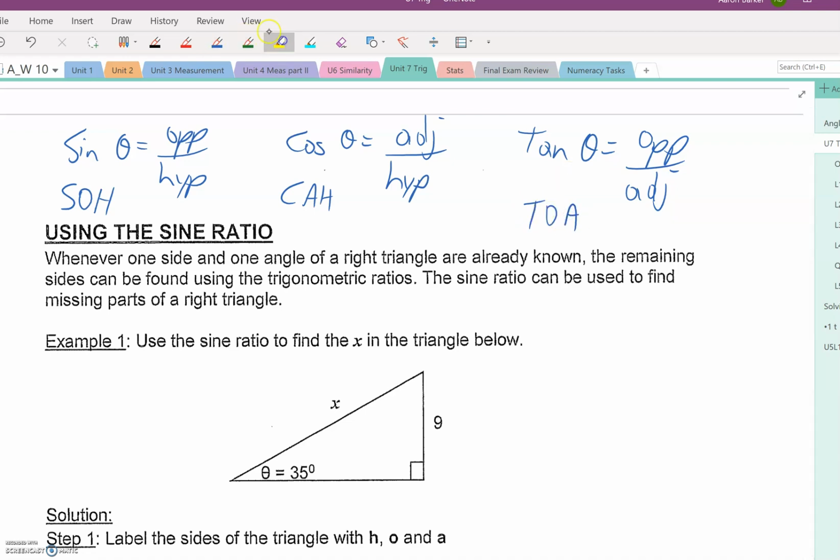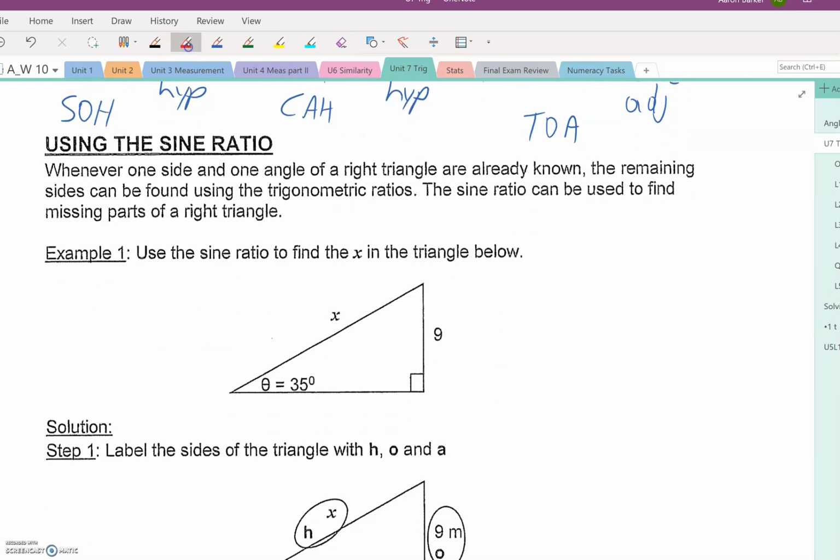So what does that stand for? SO stands for sine equals opposite over hypotenuse, the first letters. CAH stands for cosine equals A over H. And TOA stands for T equals O over A, or tan equals O over A. So that's always going to be given to you. You don't have to make that up. You'll always know that. So when we're solving, what we want to do is start by labeling your HOA, H,